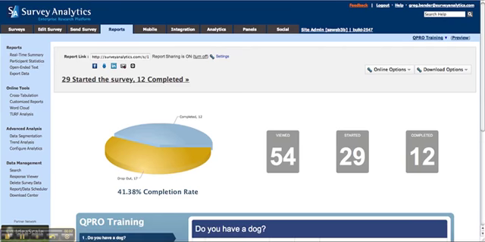Okay, now that you've created your survey and sent it out, it's time to begin looking at the results. So what you're going to do is come into Survey Analytics and go to the Reports tab, and you're going to see on the left-hand side the controls and the options available to you. The very first thing that's going to come up is the Real-Time Summary report, which is going